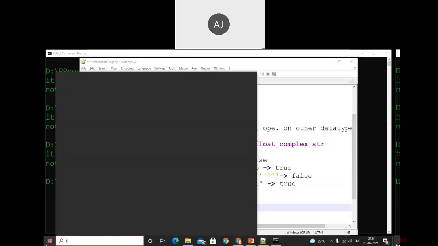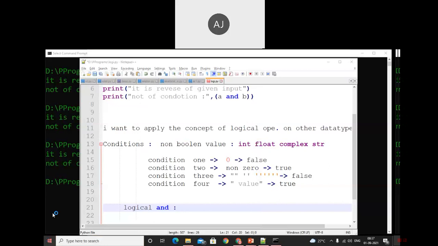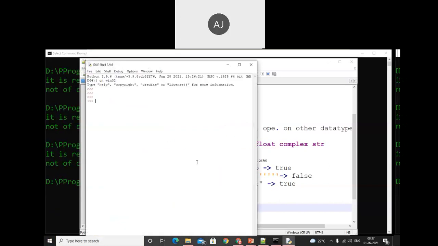So you will get the idea. Just understand this concept. Here I'm trying to use 10 and 20, and we get 20. We don't know why we get 20. Now I'm trying to use 0 and 30, and we get the 0 value. We don't know why we get 0. Now I'm using an empty string, and we get an empty string. We don't know why. So we'll discuss that.